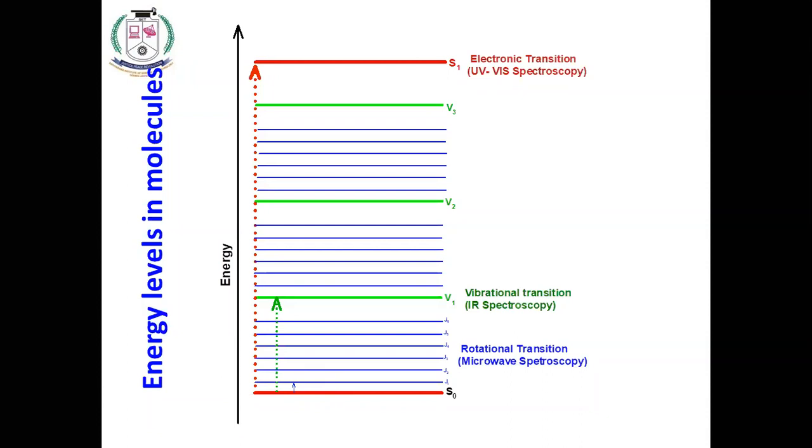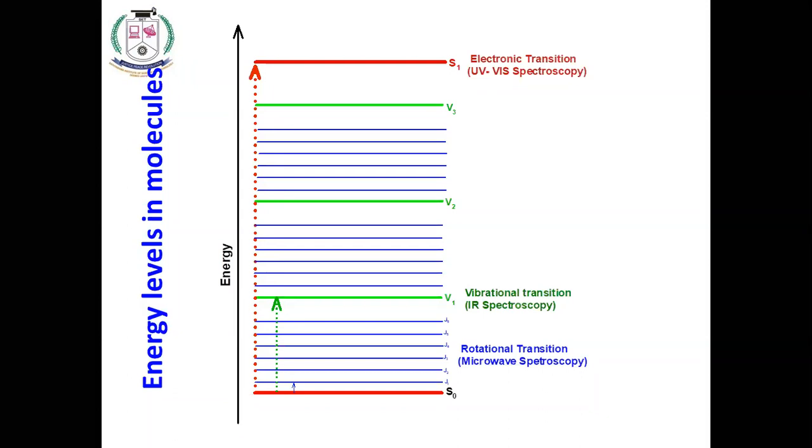This is the first. If you are studying the electronic transitions, that is known as UV visible spectroscopy. We can write another definition. Spectroscopy is the interaction of matter with radiation. Interaction of matter with UV visible radiation is known as UV visible spectroscopy. But during that, we are going to study electronic transitions. That is electronic spectroscopy or UV visible spectroscopy.